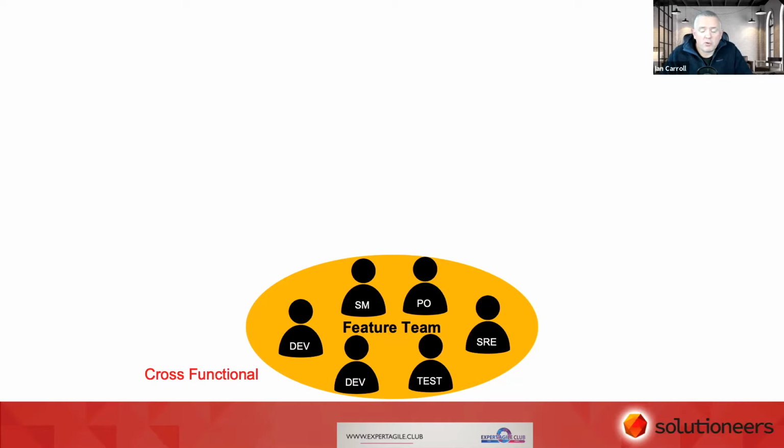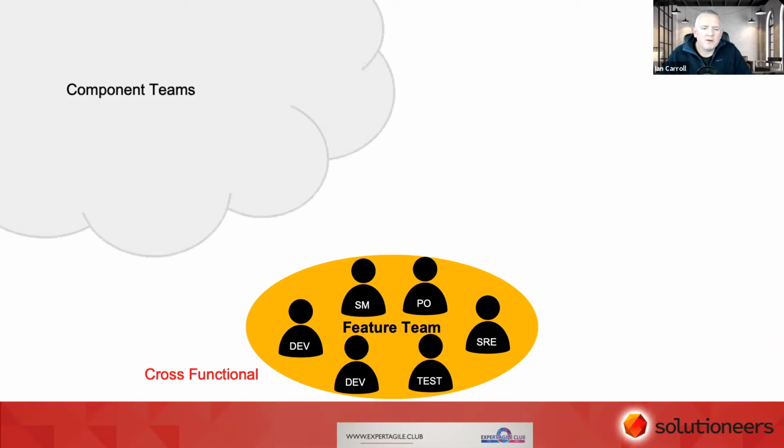So in this example, I've got a feature team. They're a cross-functional feature team. It's very scrummy. They've got a scrum master, a product owner, developers, a service reliability engineer, so we're getting into the whole DevOps space there. We've got testers. And what we find is they still have dependencies on other teams.